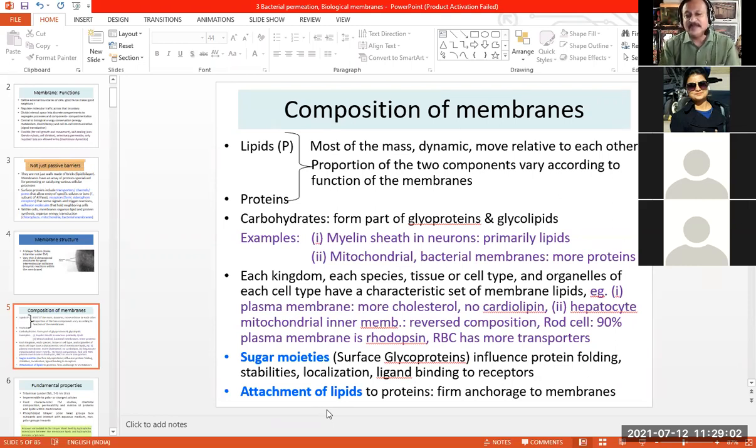And if the lipids are attached to the proteins, then these lipids are actually there for the firm anchorage of the proteins in the membrane. Okay, so those proteins which have a certain part associated with the lipids, the lipids are there to anchor the protein within the membrane, because the lipids are soluble in the membrane. That is, they can go well along with the membrane, and therefore they can firmly attach the protein in the membrane. Okay, so that is about the chemistry of the membranes.